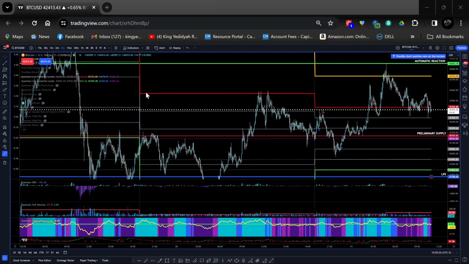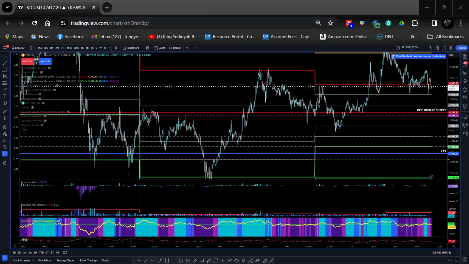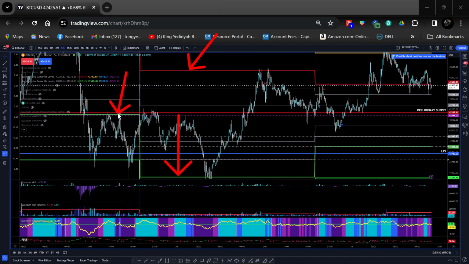All right, so the Camarillas were in an overlapping lower value relationship. This was Camarilla R3 right there for the day, and this was Camarilla S3. On the previous day, this was Camarilla S3 right here, the green line. So Camarilla R3 moved down, right? But it did not move down below previous day's Camarilla S3. So it's an overlapping lower value relationship, right? So